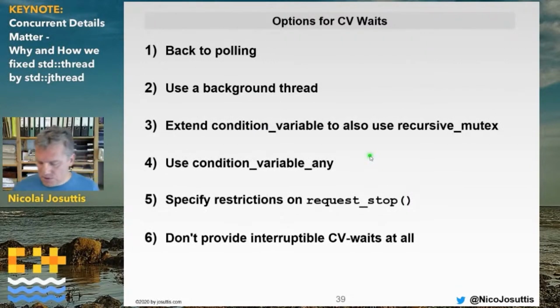We had a discussion by standardizing where we said we run into significant race conditions. Should we go back to polling, use a background thread to solve some problems, use recursive mutex, because recursive mutex would solve this issue, but condition variables don't usually support them. Should we switch to condition variable any, which would support any mutex? Should we restrict the specification of request stop? Or should we